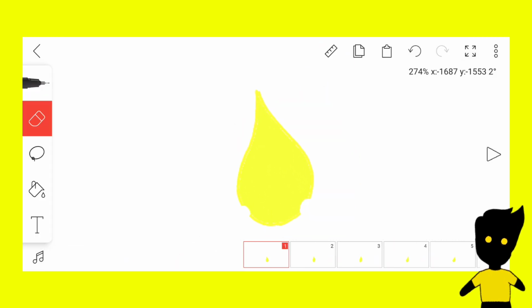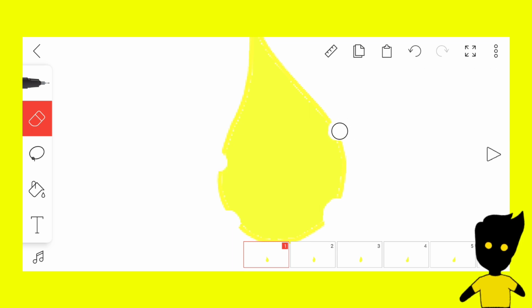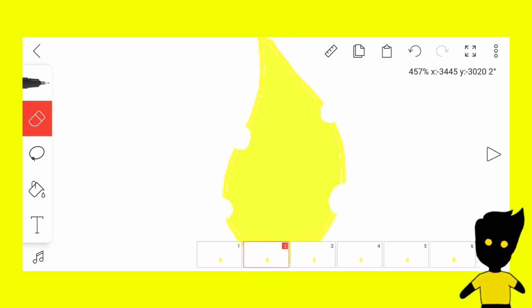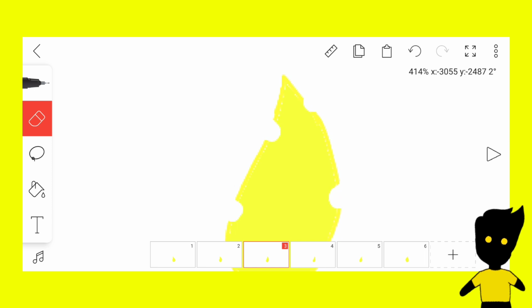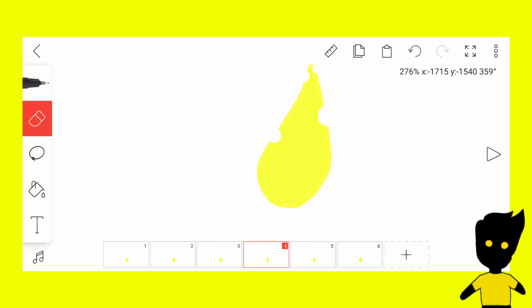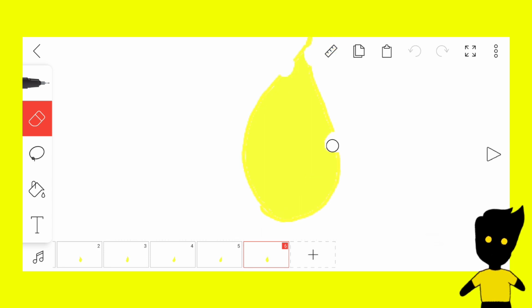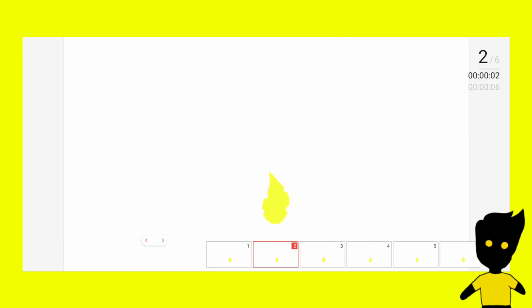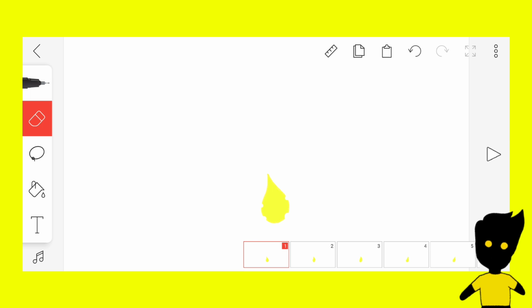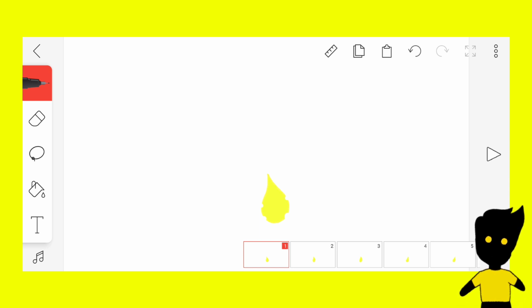Then, let us add more cookie bites. If possible, keep it flowing upwards like this. That is all for the first important step. Now, let us proceed to the second crucial step. In this step, you only need to draw the flares of the fire. To do that, we need to draw the flares on the pokes,